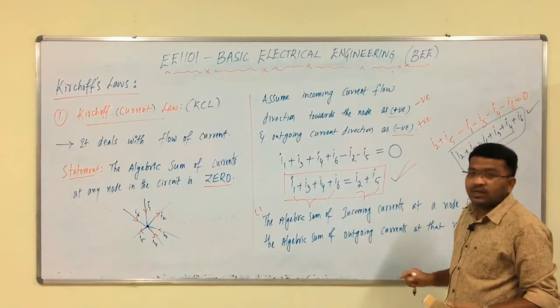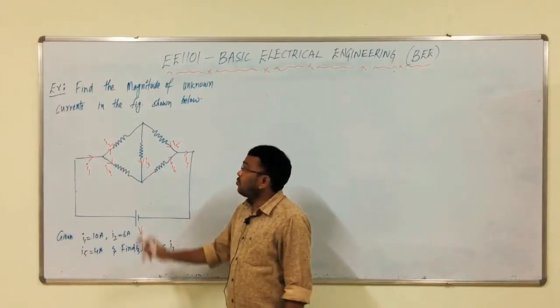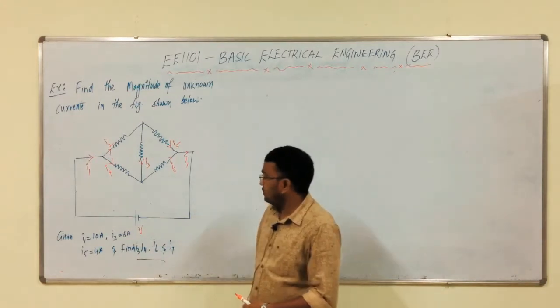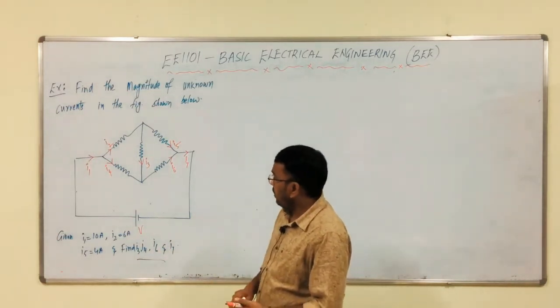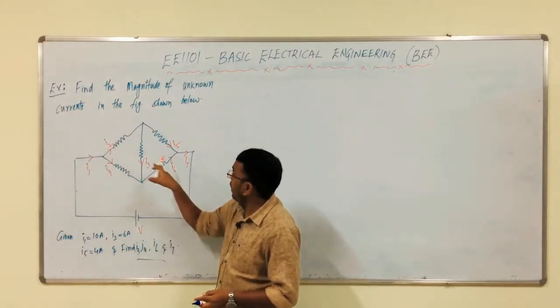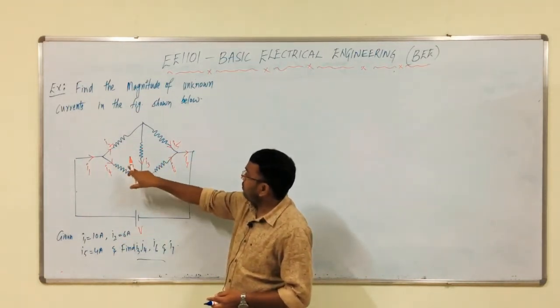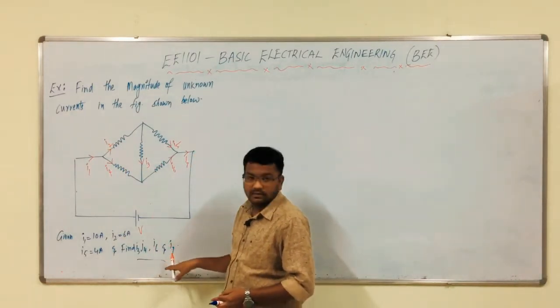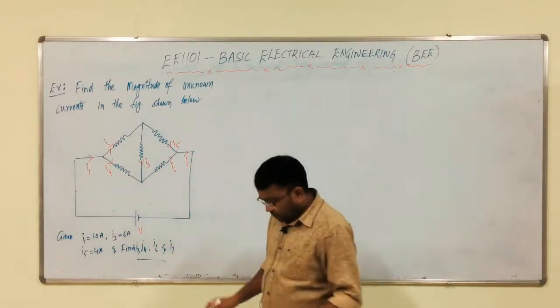Now, we have to discuss one problem. So, this is the problem: we have to calculate the unknown currents. This is the given circuit. In that we have I1, I2 and I5. We do not know the values of I3, I4, I6 and I7. So, from this figure,